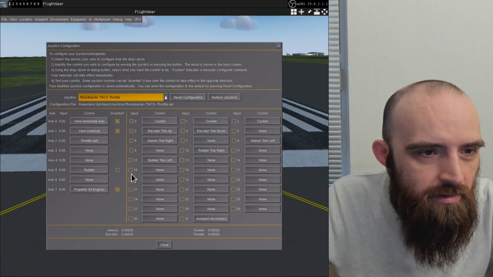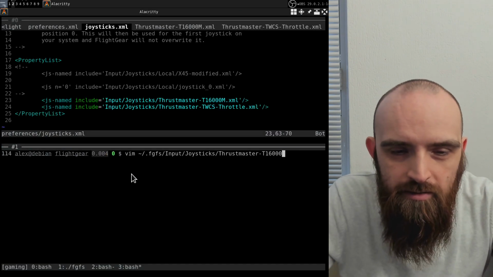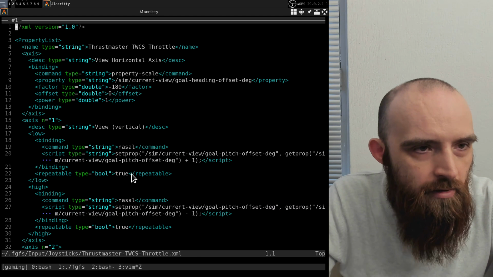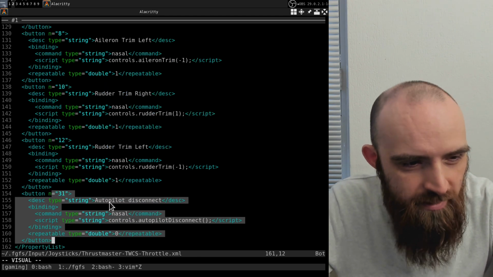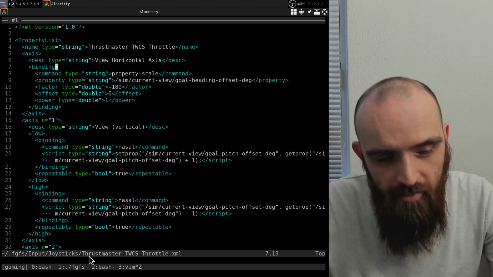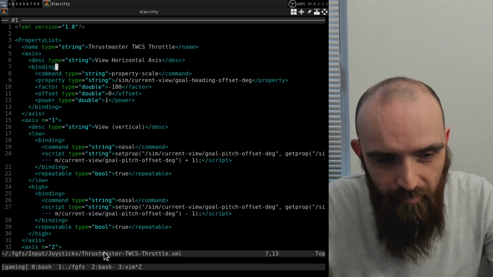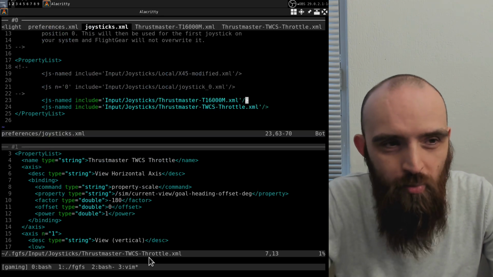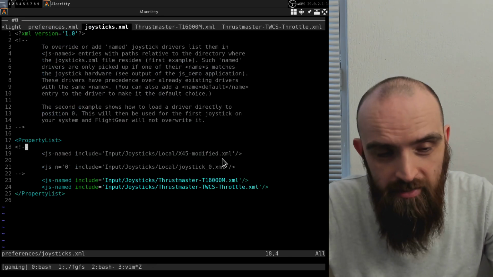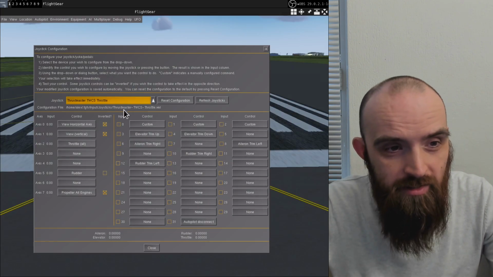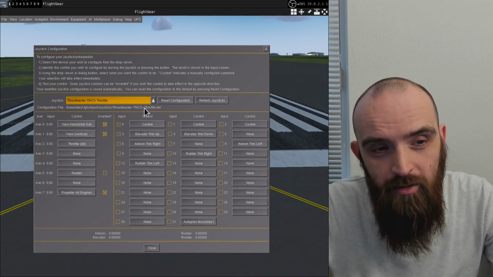So let's see, Thrustmaster TWCS Throttle XML. If we scroll all the way down here, we can see that button 31 is assigned to autopilot disconnect. One other thing to note about this file is the file name. This file name is what you want to use here in the joysticks.xml file. This is one of the things that is helpful about this interface. It allows you to find out the correct name